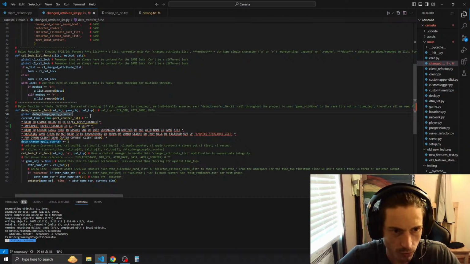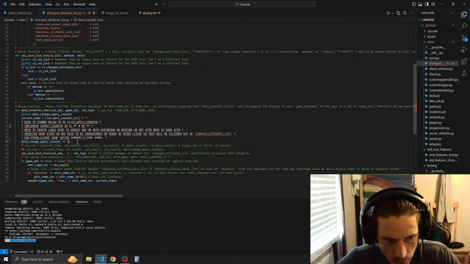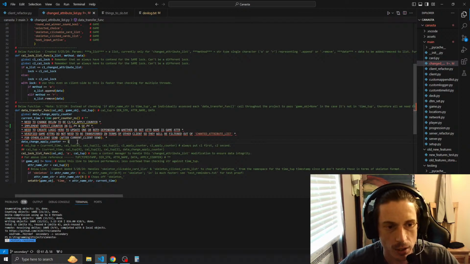The data transfer function is going to increment the counter each time, which right here is going to be replaced with C1 C2 counter, and then that's going to be dependent on which ones get updated. It's gonna increment both of them if